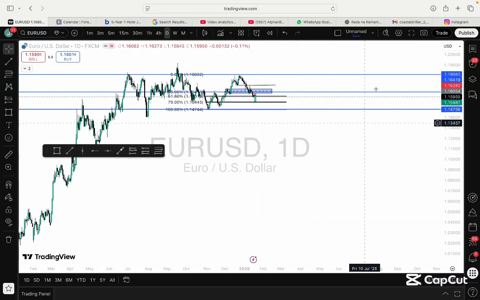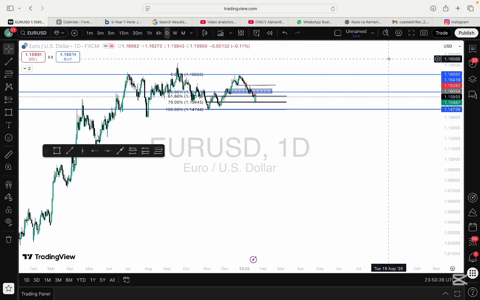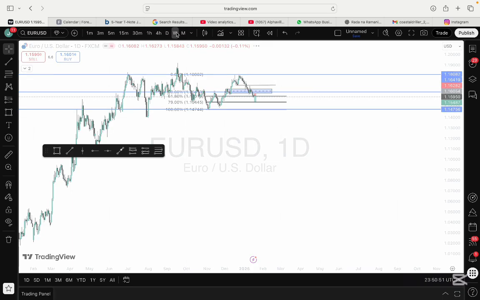So guys, I just want to make a few clarifications about my analysis. This is a daily chart, and before we get to the daily chart, let's start with the weekly